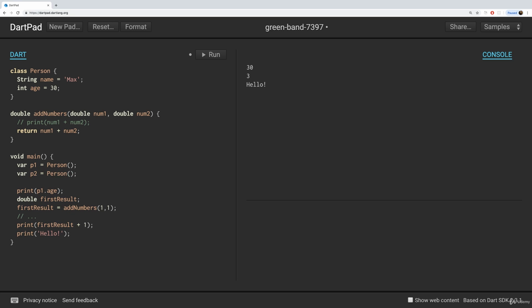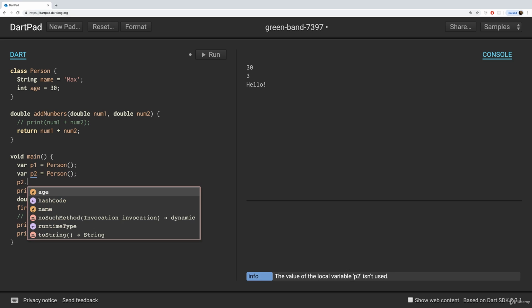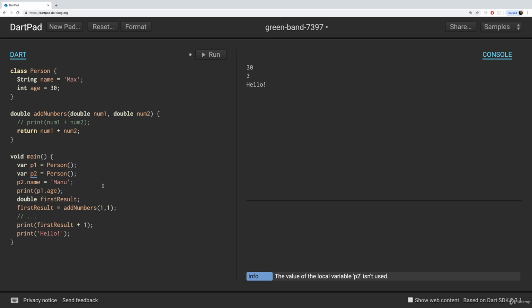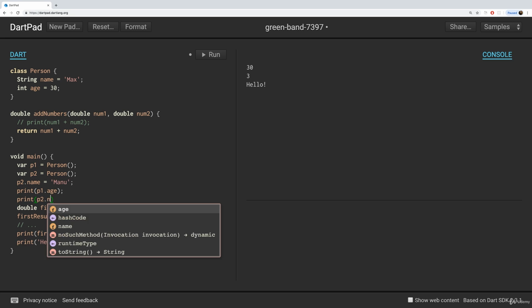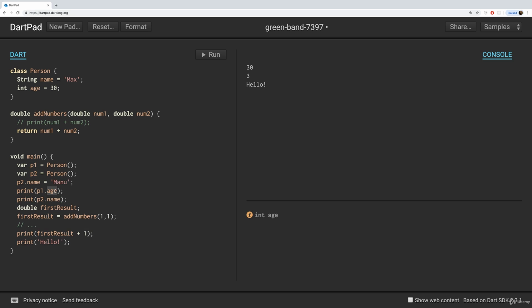We can also change that data on a person by accessing p2.name and changing that to Manu, for example. And now if I would print p2.name down there, and I print p1.name up here, so for the two different persons I print the names, then you see that here on the right we print Manu and Max, because for the first person I didn't change it, and therefore we have that default. For the second person I did change it, and therefore here where I changed it, we changed it to Manu. Down there when I print it, I print Manu. This is how that works, and classes are a crucial feature in many programming languages,